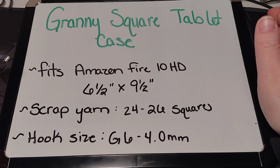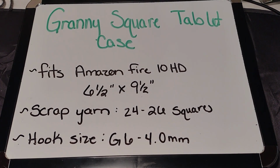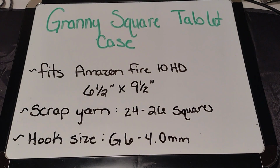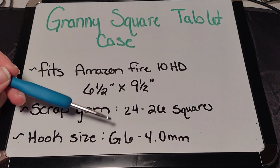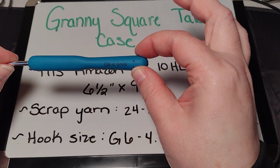I'm just using a bunch of my scrap yarn, and when I say scrap yarn, I mean I've got bags of yarn that were the end of a skein, so I'm using those up. So it's just all random colors, and the hook we're using is a G6, which is this one right here, and it's a 4mm,